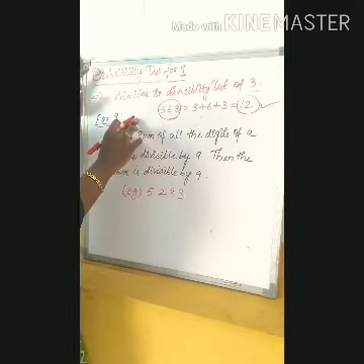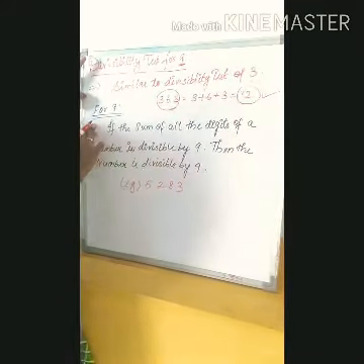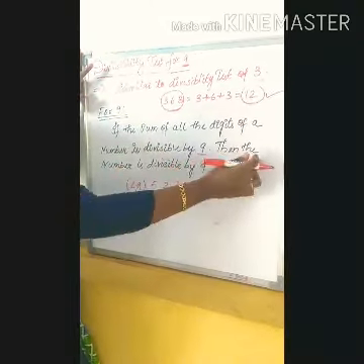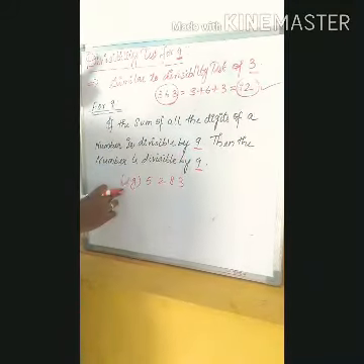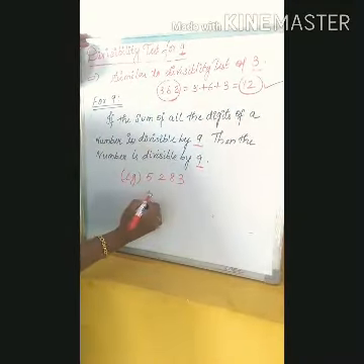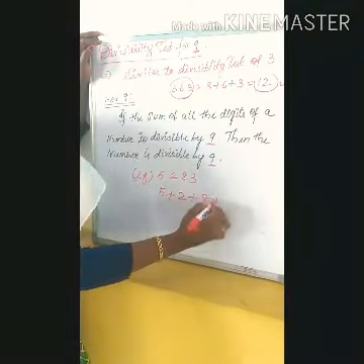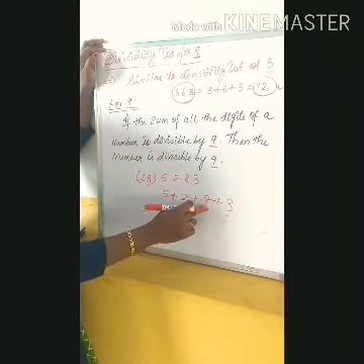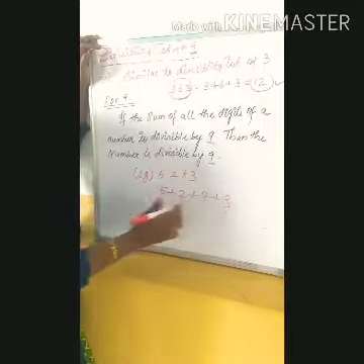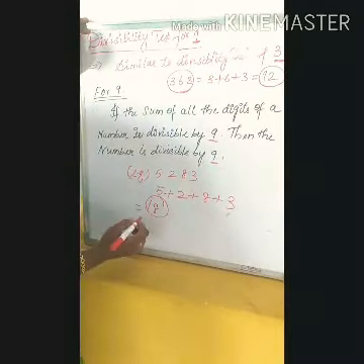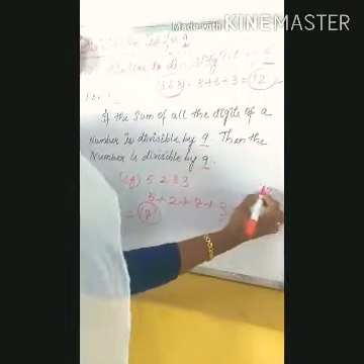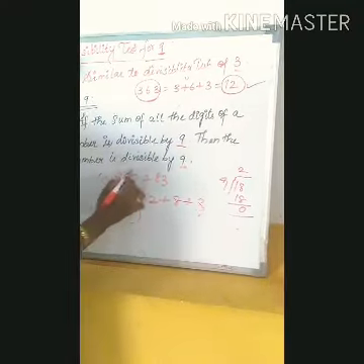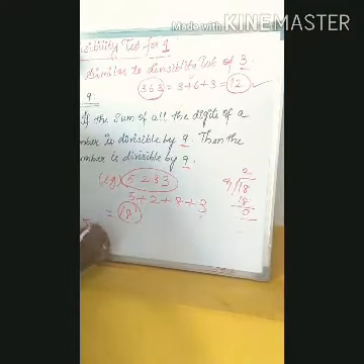It is similar for the divisibility test for 9. Like 3, the divisibility test for 9 is also the same. If the sum of all the digits of a number is divisible by 9, then the number is divisible by 9. Okay. For example, I have taken 5283. Let us sum up all the digits: 5 plus 2 plus 8 plus 3. So 5 plus 2 is 7. 7 plus 8 is 15. 15 plus 3 is 18. Is 18 divisible by 9? Yes. 2 9s are 18. It is divisible by 9. So the whole number 5283 is divisible by 9.